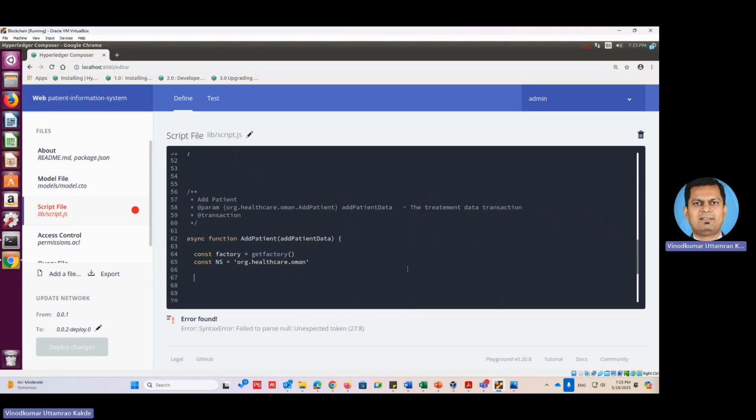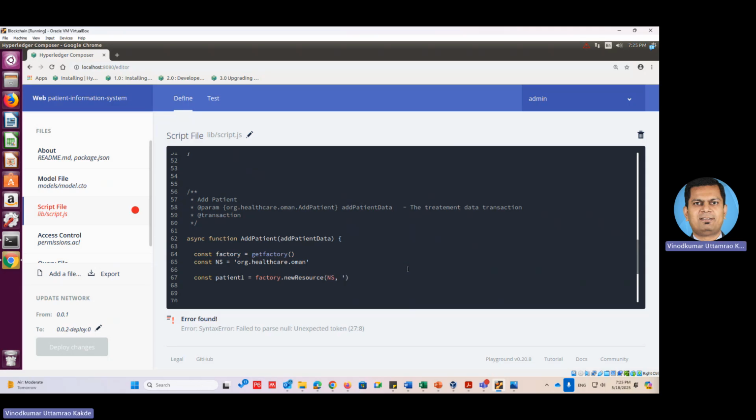So let's say constant patient 1, okay, which is assigned to factory dot, because this is going to be our new resource. Okay, so method is same new resource. Okay, and in this you are going to pass the values. Okay, so namespace, comma,